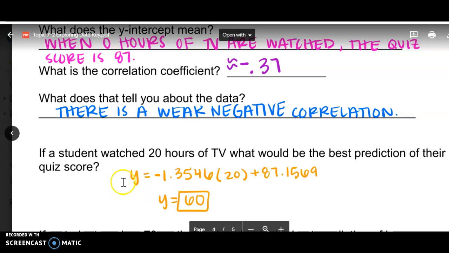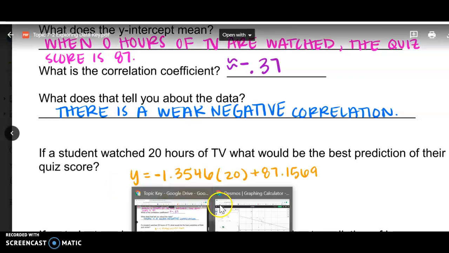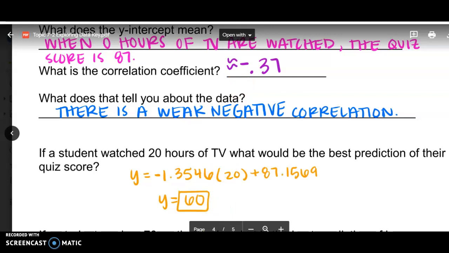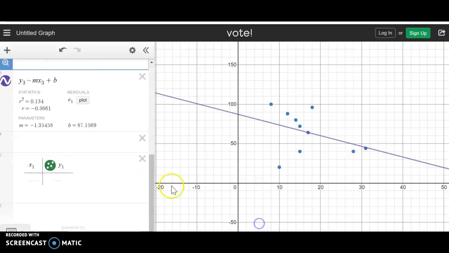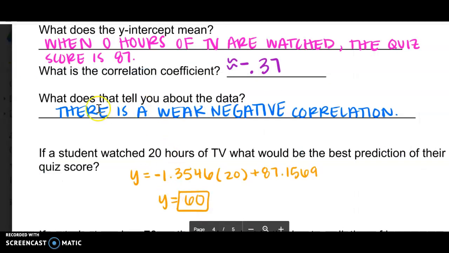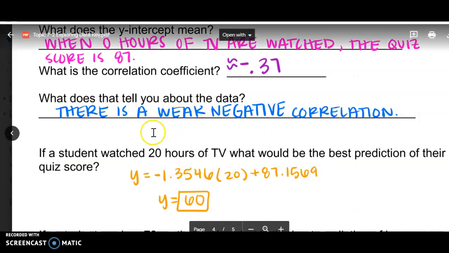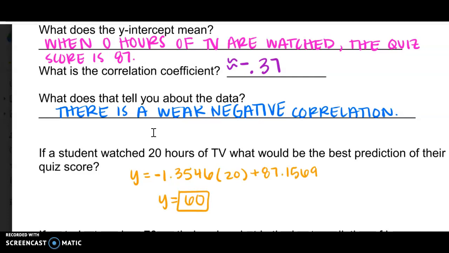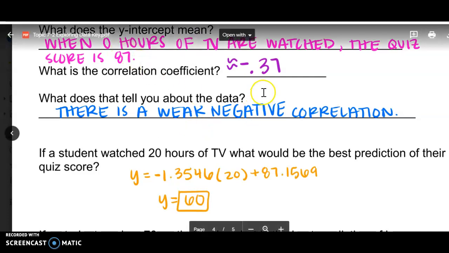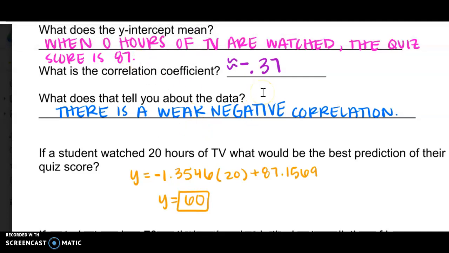What is the correlation coefficient? You got it as approximately negative 0.37. What you did is you looked right here, and this is the R, so the correlation coefficient is the R. What does that tell you about the data? It's a weak negative correlation, because remember that your numbers for the R are between -1 and 1, and the farther away they are from 1 or -1, the